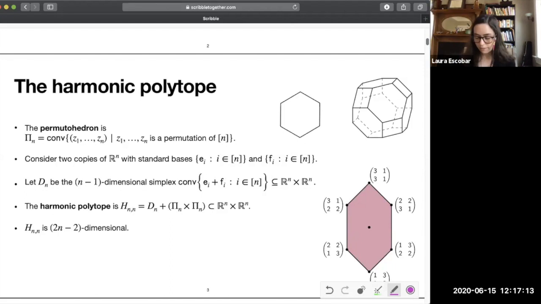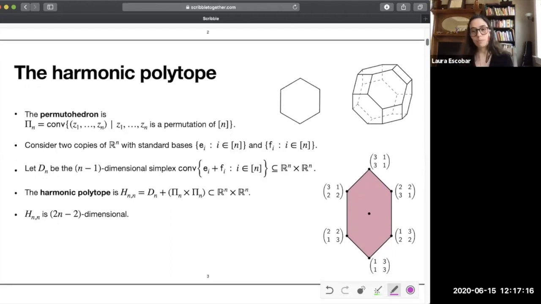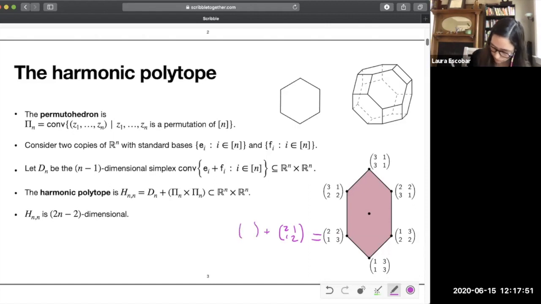Here on the right, I have the two-dimensional harmonic polytope, and you remember Federico's picture, it agrees with his bipermutahedron, but that is only going to happen in 2 dimensions. I label the vertices with what they are, writing them in two rows, to be explicit that the top row corresponds to R^2 and the bottom row corresponds to R^2. For example, if we take this vertex, it is the sum of something in the product of two permutahedra, so we have 1, 2, 1, 2, and you add something in the simplex, which is going to be